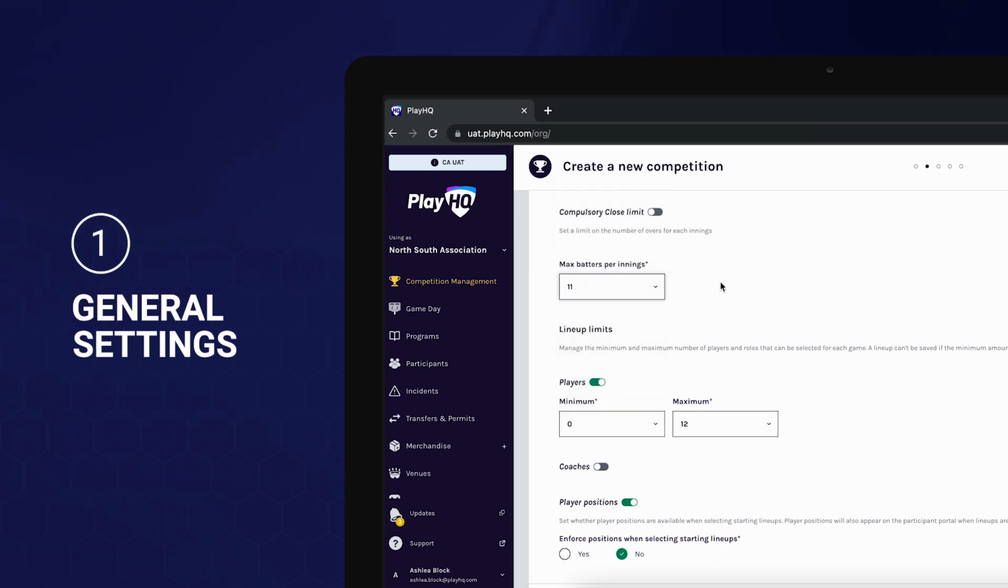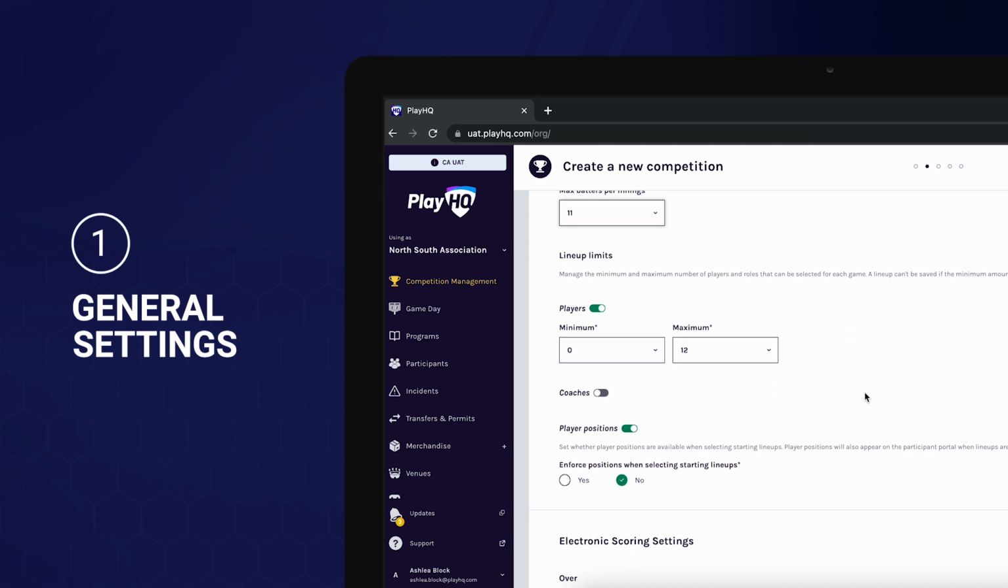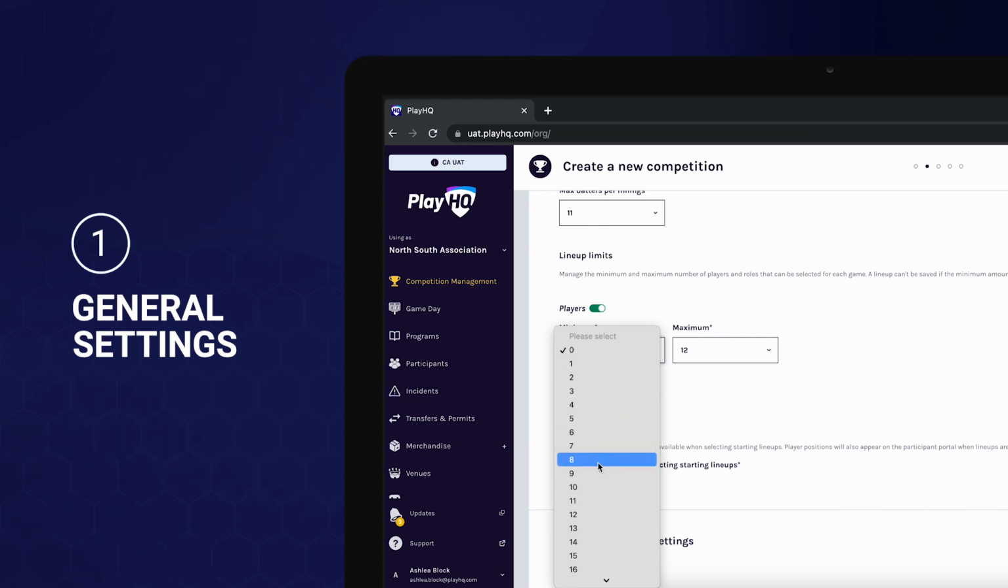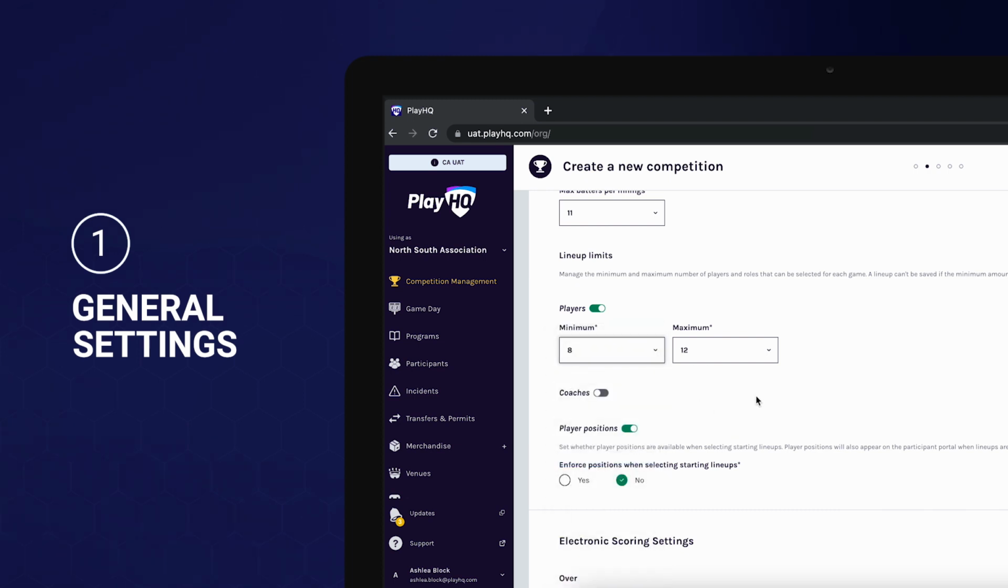Lineup limits allow you to set a minimum and a maximum number of players required for a game. Limits are helpful to ensure teams have the necessary number of players for a game to proceed. Use the drop-down box to adjust the minimum and maximum number of players. If teams do not meet these limits when adding players to their lineups, they will not be able to save